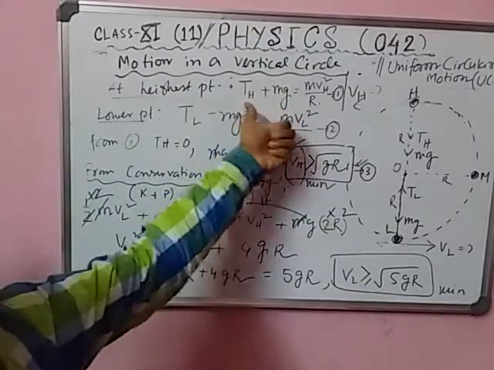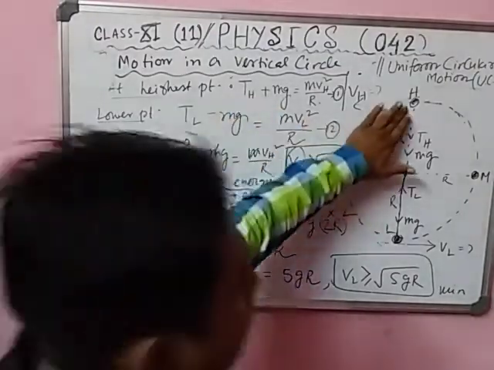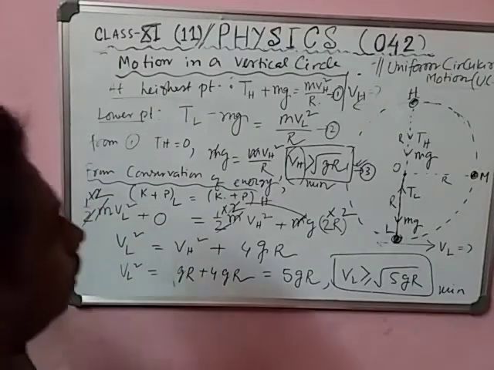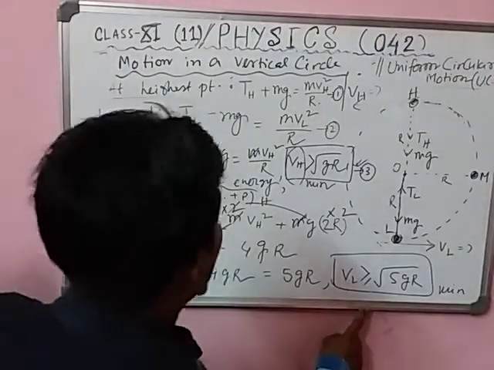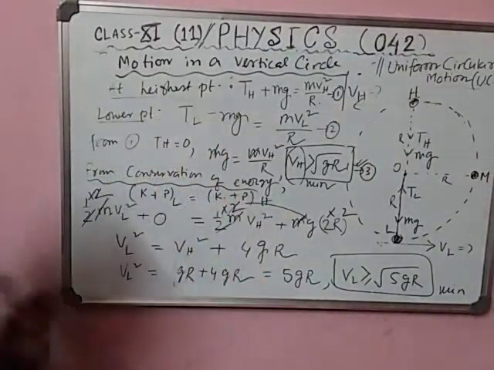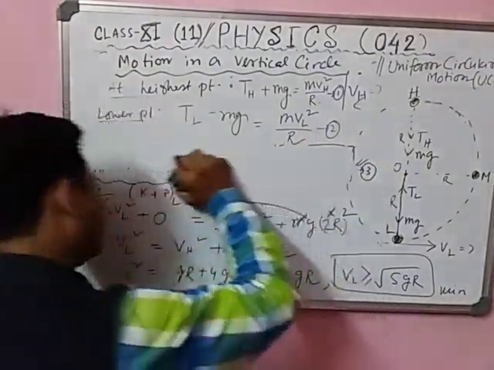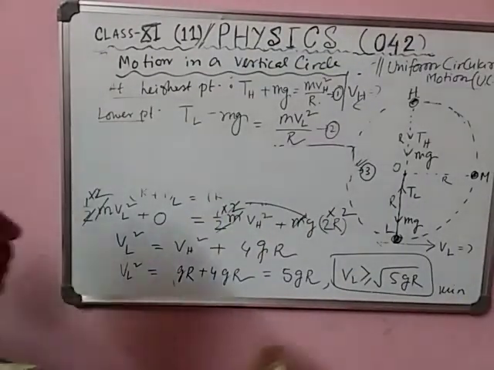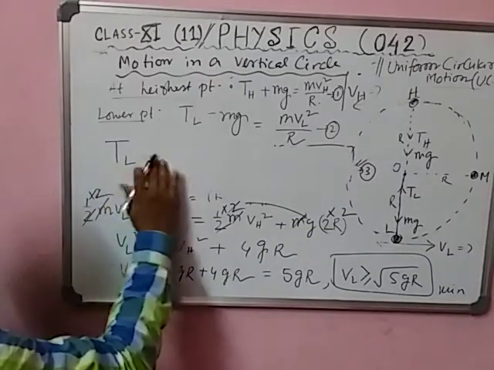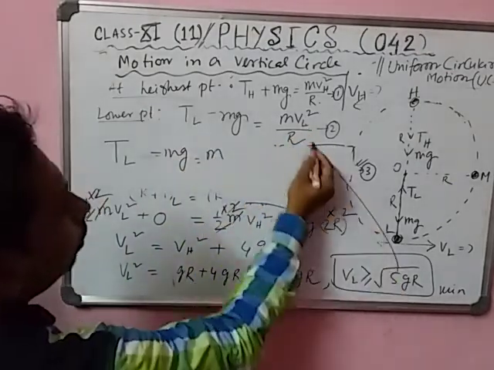TH equal to 0 means tension 0, and if it goes negative then it falls down. So TH 0 means just the point of virgin. So you have to put the greater than sign there. Now if you put the value of vl here, you will get the lower point tension. Students, can I have this one? Copy it. Now if we put vl in place of here, then we will get the lower point tension, which is TL minus mg equal to m vl square over r. Put the value of vl here.